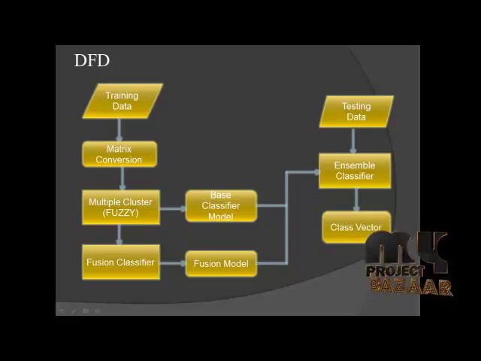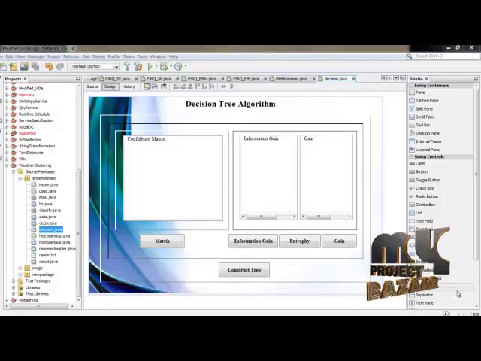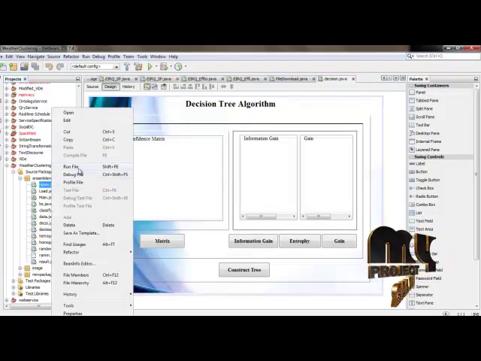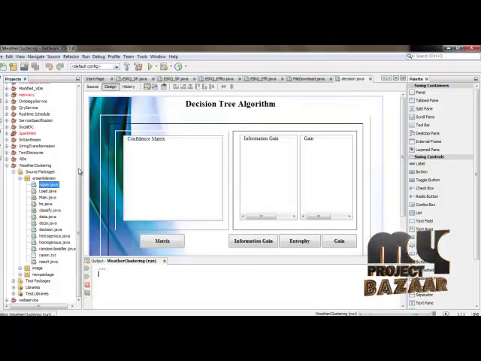The values generated by both the classifier models will be given to the ensemble classifier, which takes the input of the testing dataset to produce the final classification of the class vector. Now I will show you the demo of this project, starting from its home page, which displays the title of this paper,